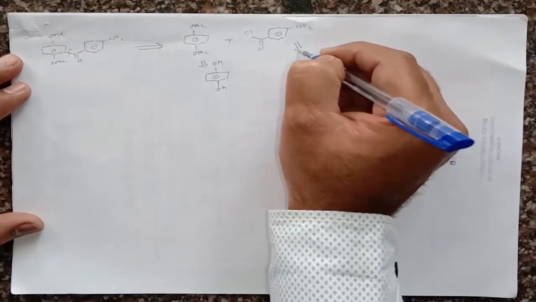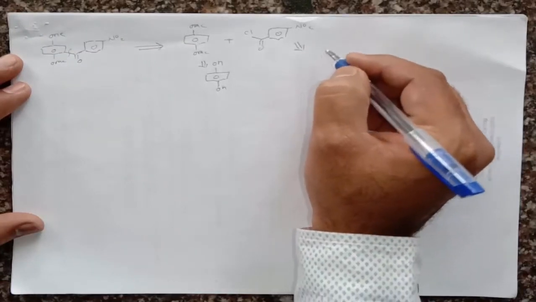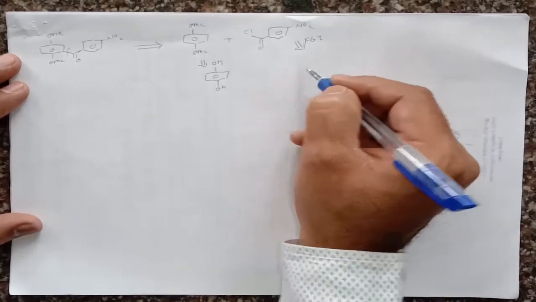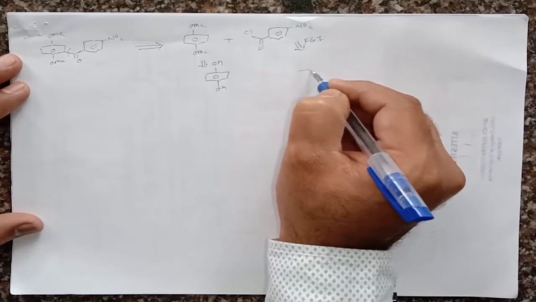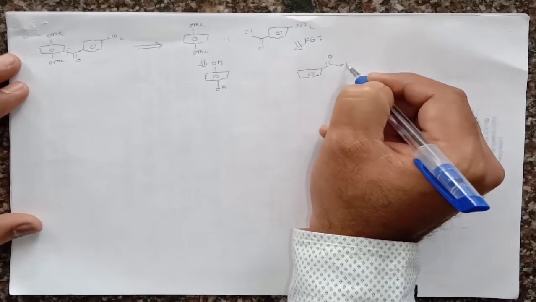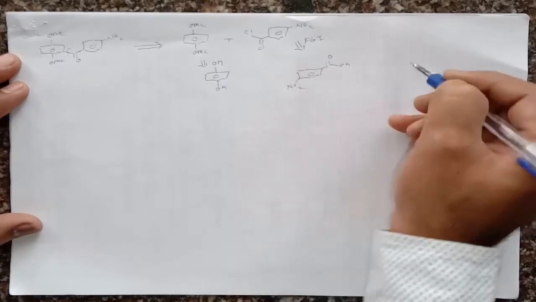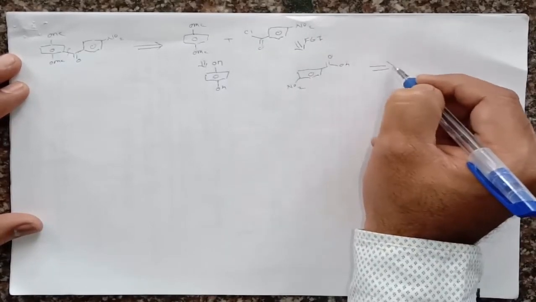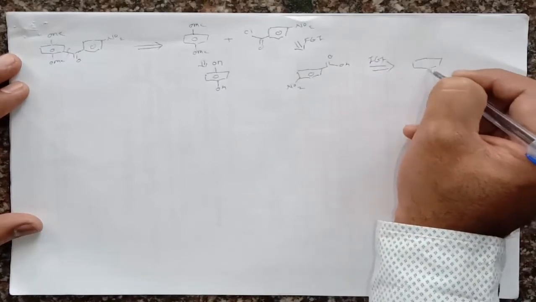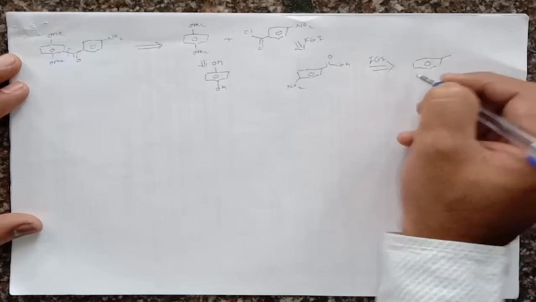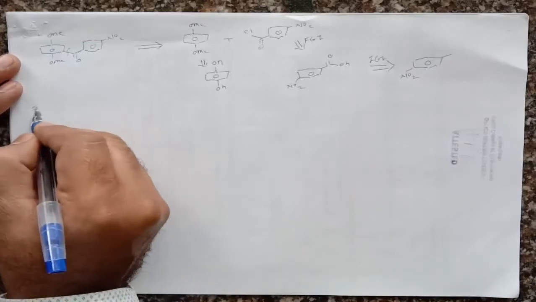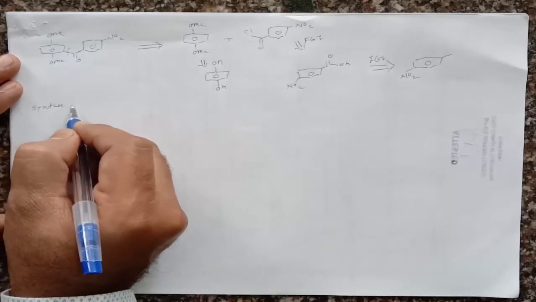Then this molecule can also be easily prepared by functional group interconversion. If you go for functional group interconversion, instead of this acyl group we can take here an acid functional group, that is C double bond O OH, and the nitro group will be present at the para position, and it will be prepared again by functional group interconversion, that is by using para nitrotoluene. So this is para nitrotoluene, right? Para nitrotoluene is also easily available.